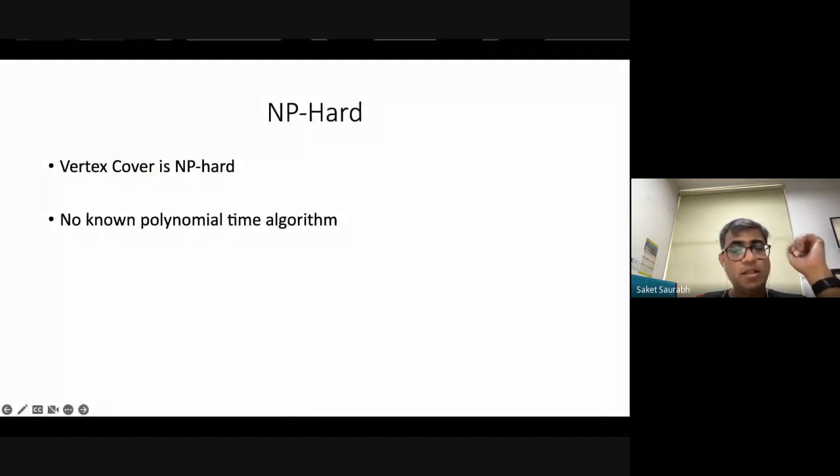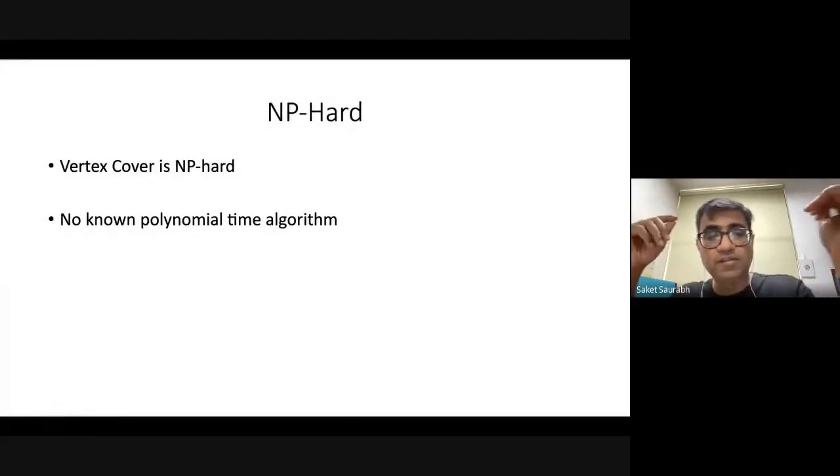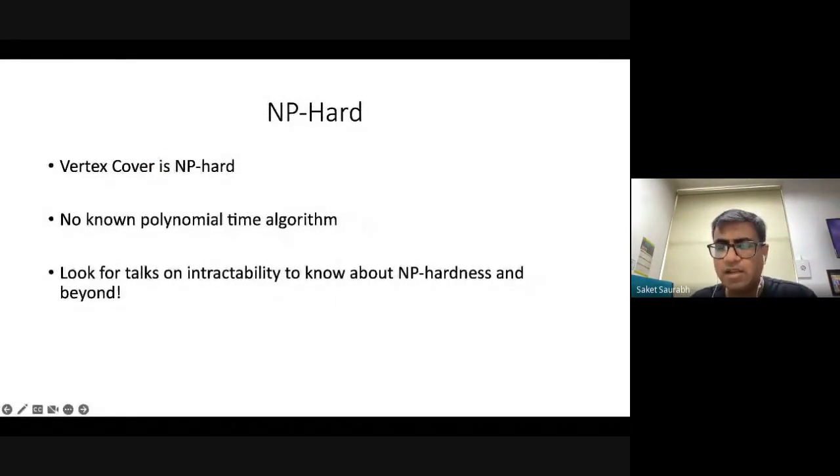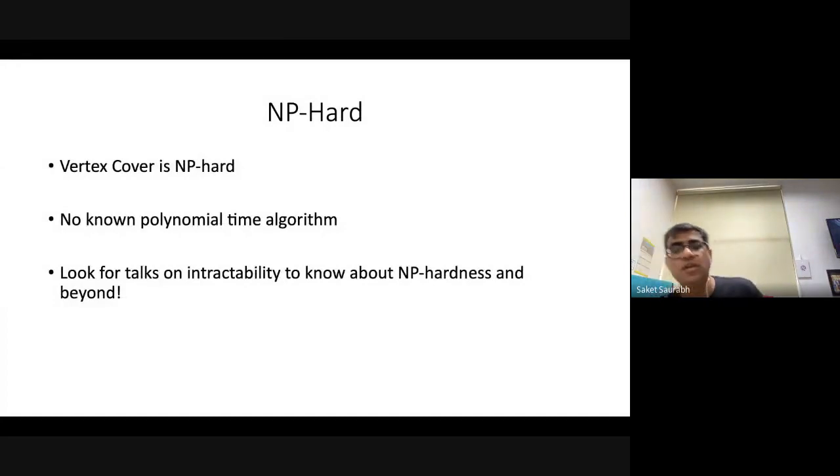Okay, but you will learn the following things. So vertex cover is NP hard. So no polynomial time algorithms are known. So we will tell you a little about this and how the notion of intractability has evolved over the last 3 to 4 decades, and we will choose some of those important aspects of those developments in intractability. And there are a couple of intractability lectures that you will have where you will see how to show something is hard, and what I mean by hard is that there is no polynomial time algorithm.